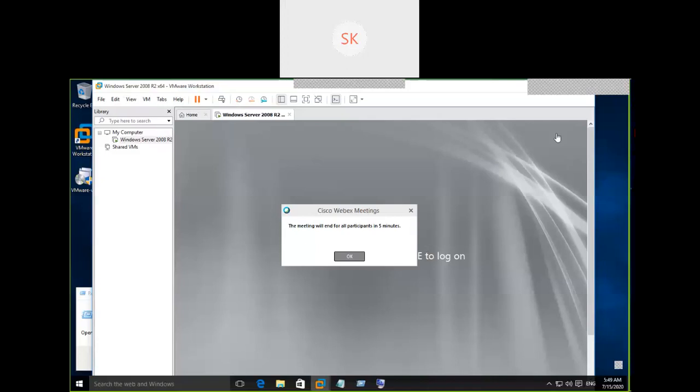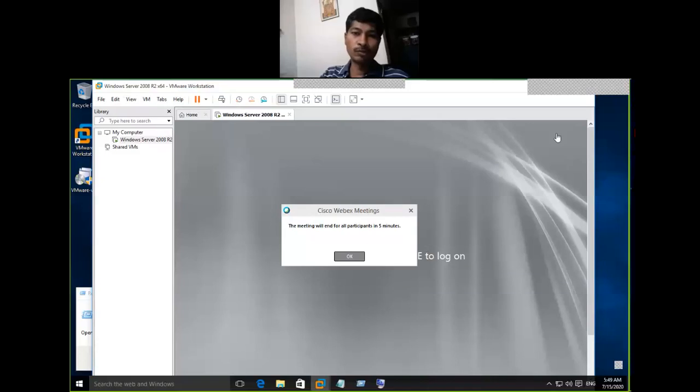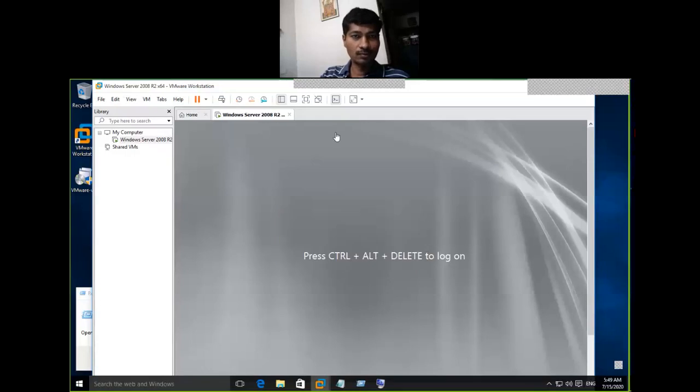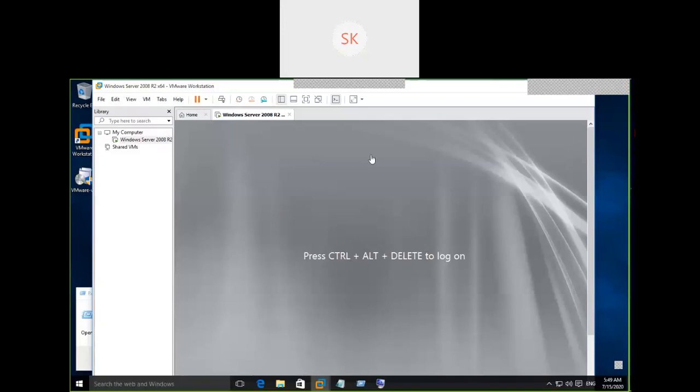Okay, so go to login. Yes, Srinivas, we have 5 more minutes, it says. Okay, no problem. How to send Control Alt Delete? There is an icon in the file menu, next to it, yes, that is send Control Alt Delete. If you click on that, it sends a signal to this particular virtual machine. Execute that.